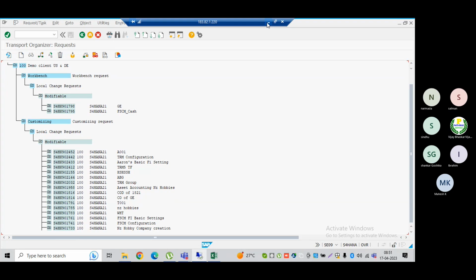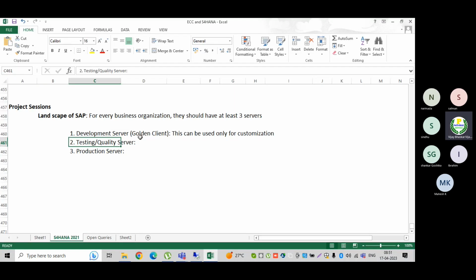Whatever changes I am doing will be associated to the selected transport request, so the changes will be interlinked to the transport request. Then the changes will be transferred from the development system to the quality system for testing purposes.